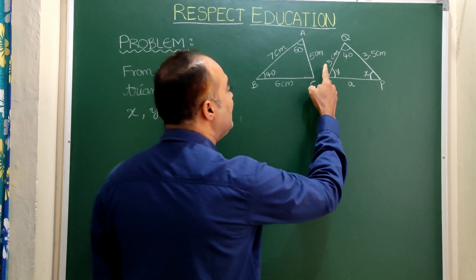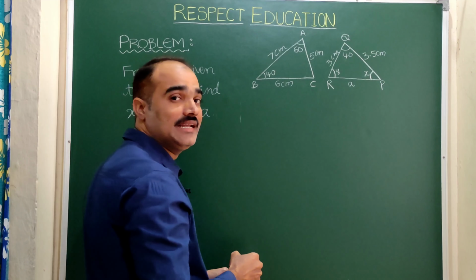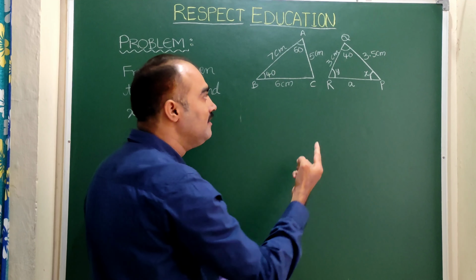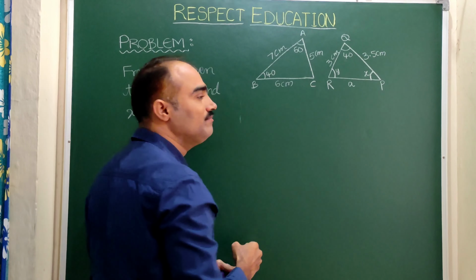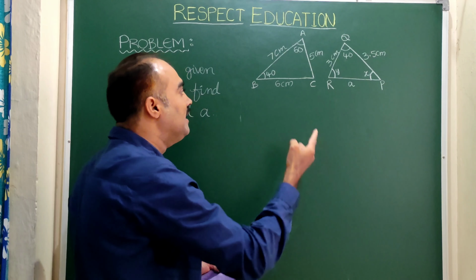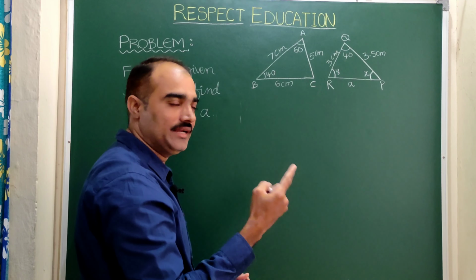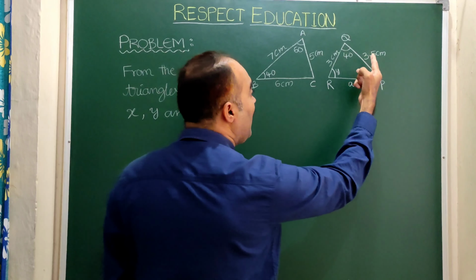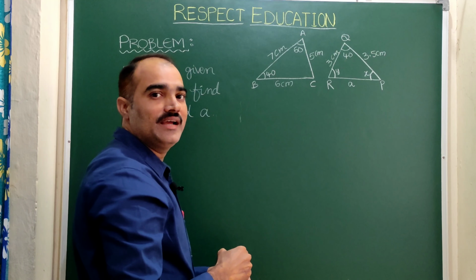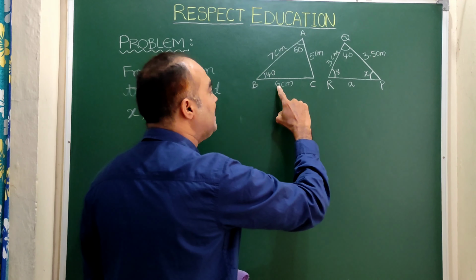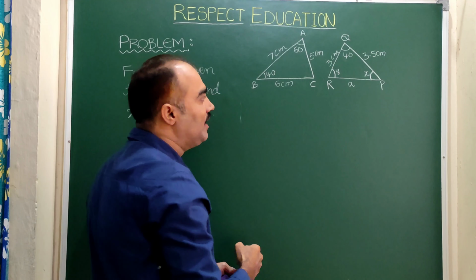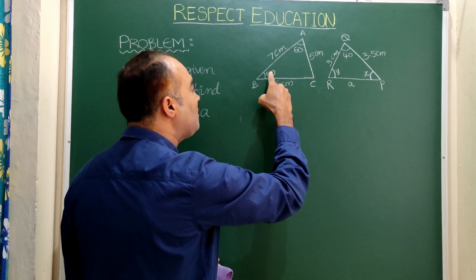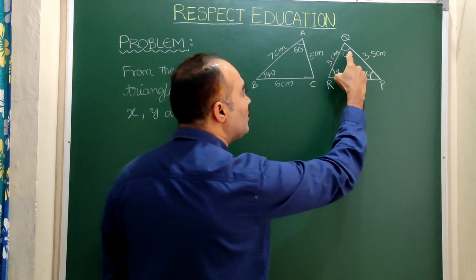Here you see, is there any relation or ratio between 3 and 7 and 3.5 and 6? Or is there any relation or ratio between 3 and 6 and 3.5 and 7? Yes, here we get 6 is twice of 3, 7 is twice of 3.5, whereas the included angle is 40, here also the included angle is 40.